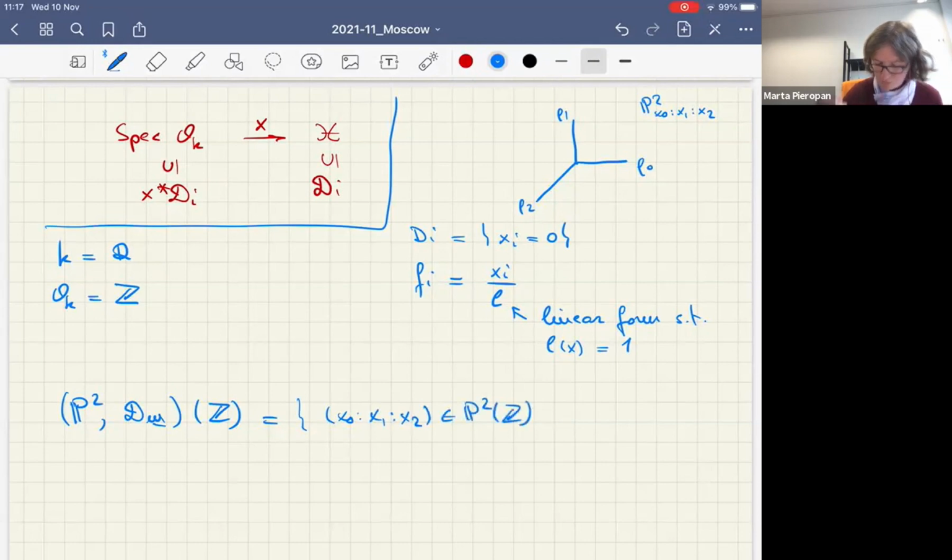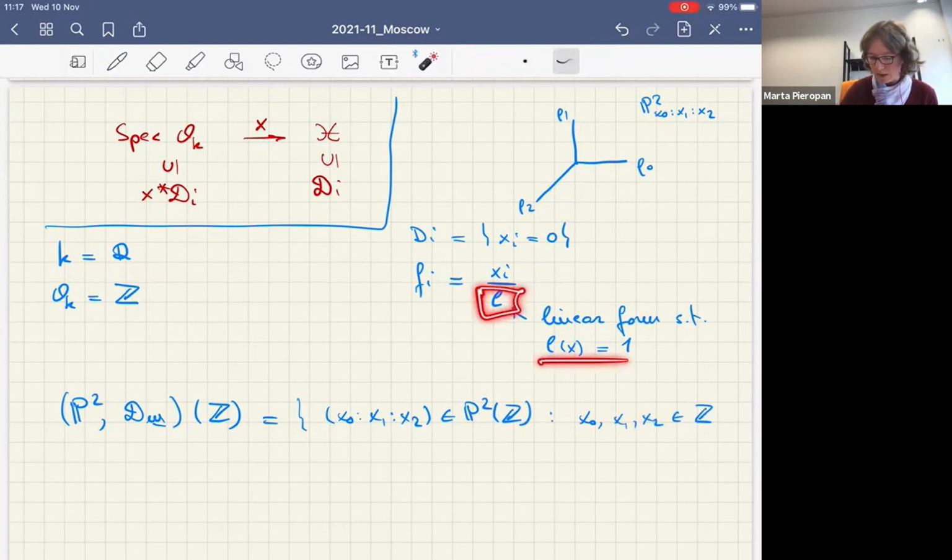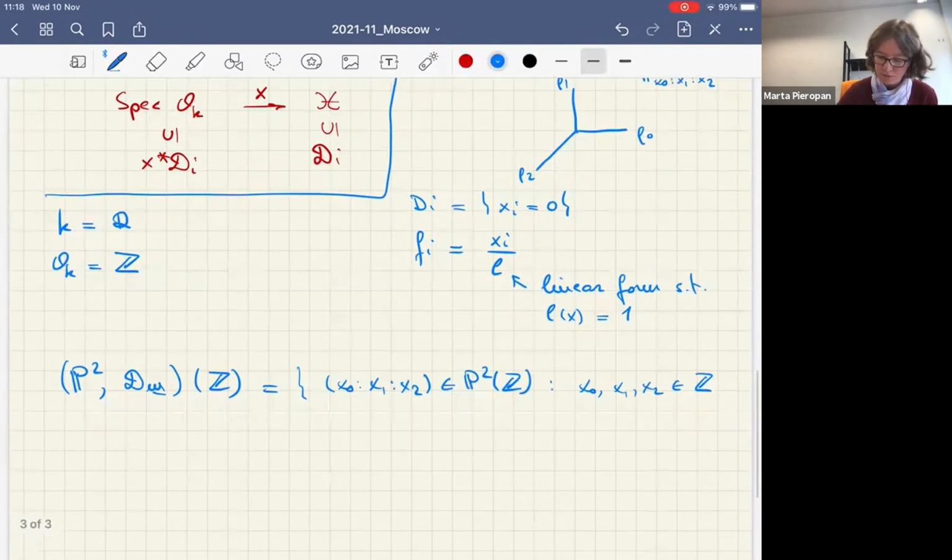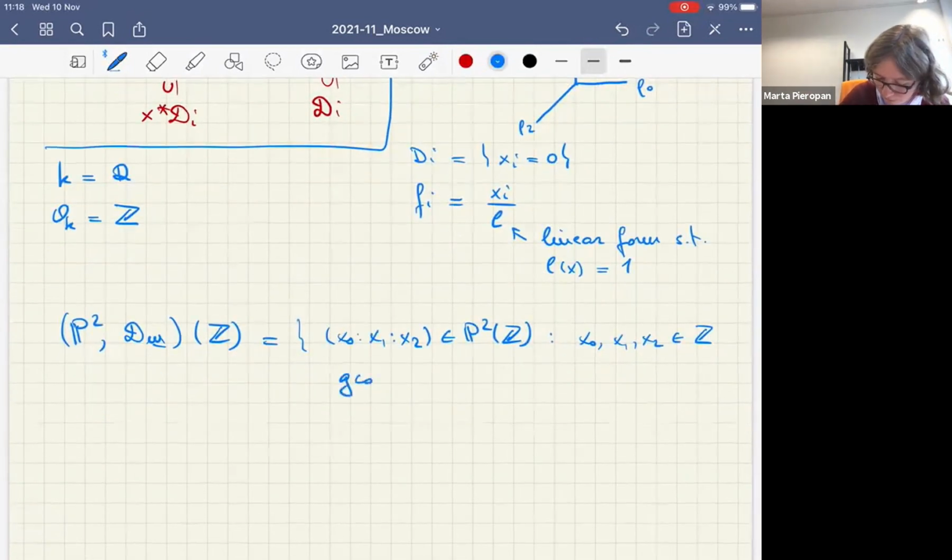So Z-points on P2, in particular x0, x1, and x2 can be chosen to be integers. And to have the possibility that there exists a linear form like this, such that L of x is equal to 1, it makes sense to assume that x0, x1, and x2 are coprime. Otherwise, we don't have one such. So the GCD of x0, x1, and x2 as representatives of the point is 1, and we can always find such representatives. And then the Campana condition is asking that